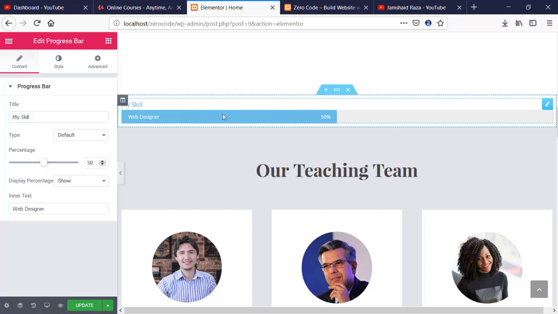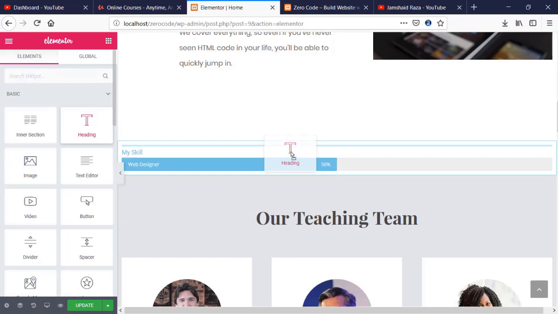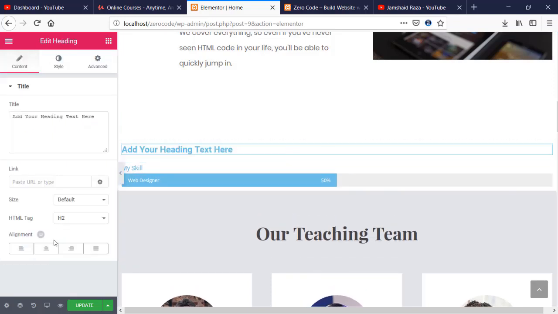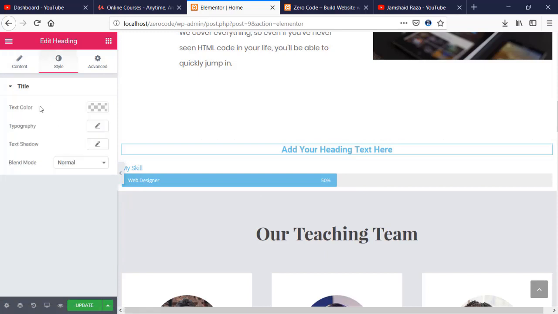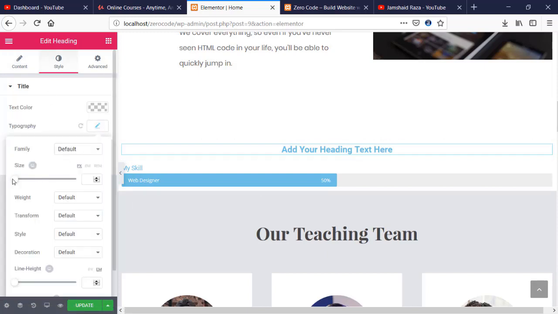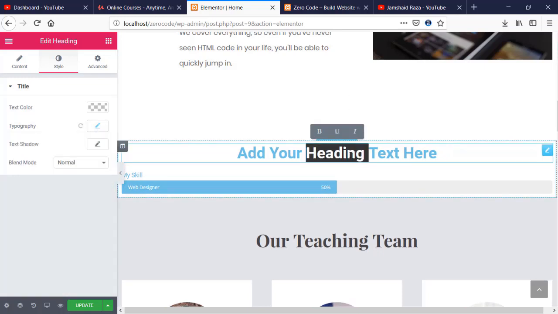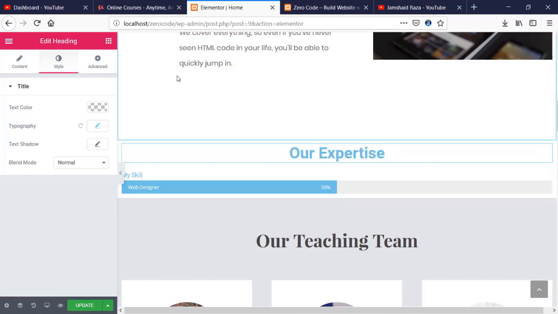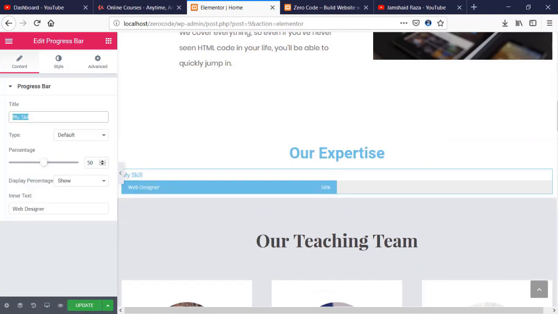For example, I'm going to write the expertise, and I'm going to make the heading as well here, and it should be center, and I will make that a bit bigger, and for that we are going to add the typography, and maybe something like here, and we will say that our expertise. And then we are just going to add here, and we have my skill, and I will say